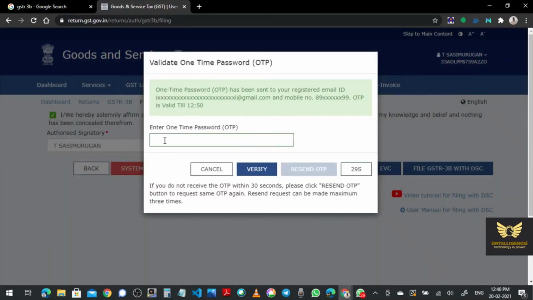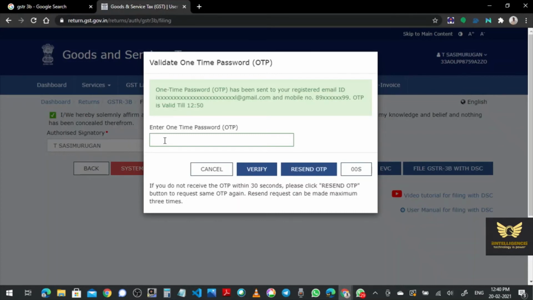Click proceed. Now check your registered mobile number with the GST, and also in your email you might have received the OTP. Enter that OTP here. Just wait. When you apply for GST, normally two things are very important.